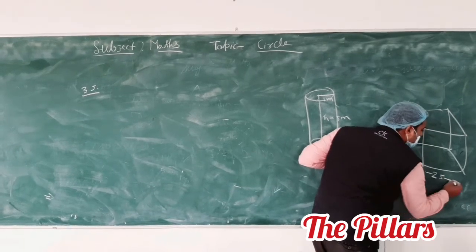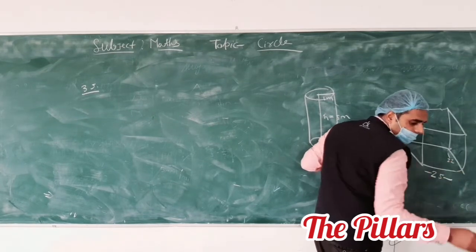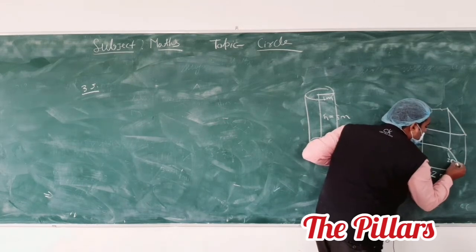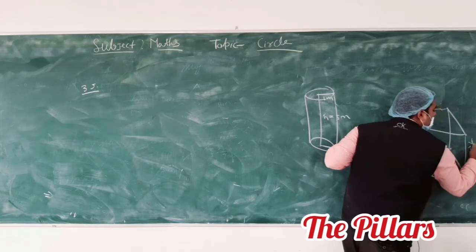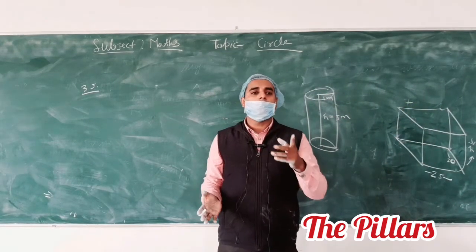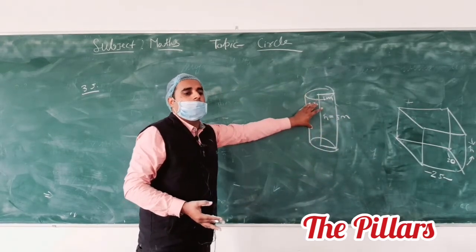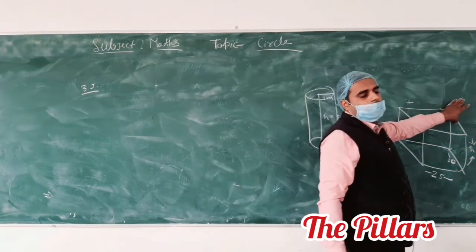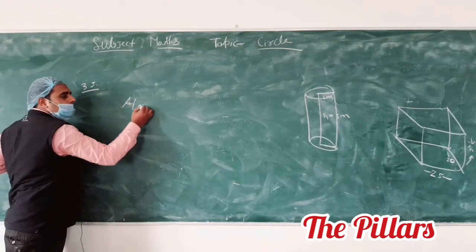Suppose this is your length, 25, and the breadth is given as 20 meter. The question asks what is the height at which level we have to irrigate the land, it means how much water will be there. According to the question, the volume of the cylinder equals the volume of the park. You have to mention all the given things.